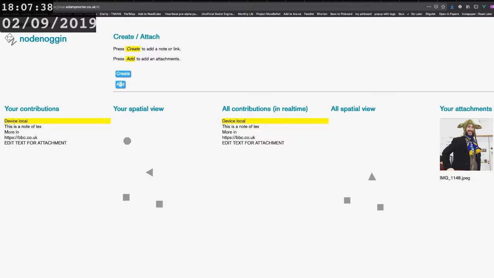But what I can also do now is, these positions are now being saved. You'll notice octagons are not appearing here, but the spatial view is currently really out of date. I can now connect this attachment to this link, so there might be a relationship between this picture and that web address. But what's pretty cool now is that I can double click anywhere here and